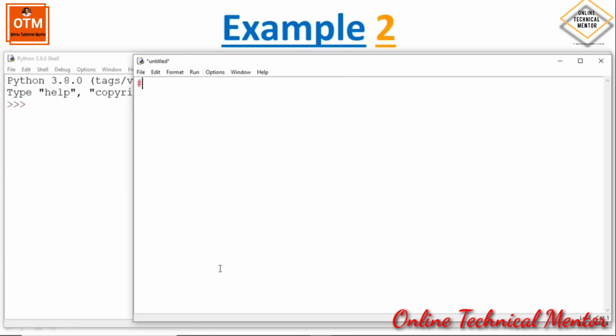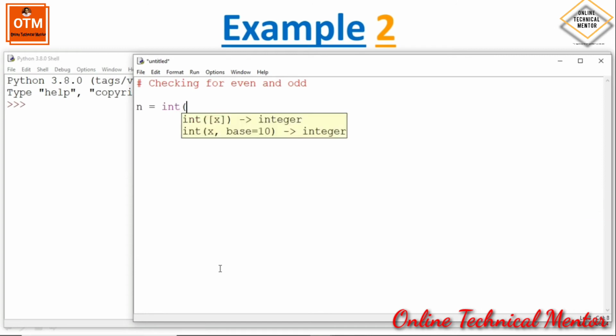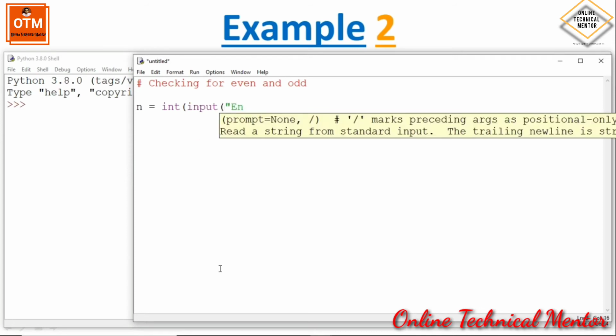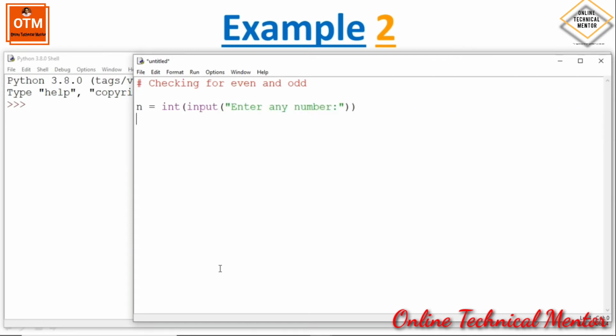First of all, let me write a single line comment checking for even and odd. In the first line, we are going to take the input from the user, and it will be an integer value. So for that, we have to write int, then input within brackets, enter any number, then if n mod 2, if it is equal to 0, then give a colon,